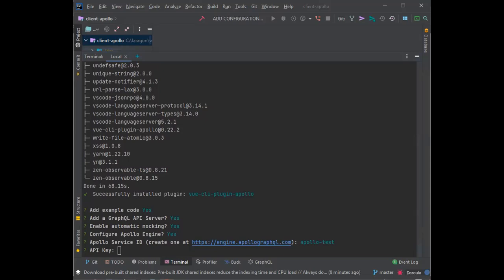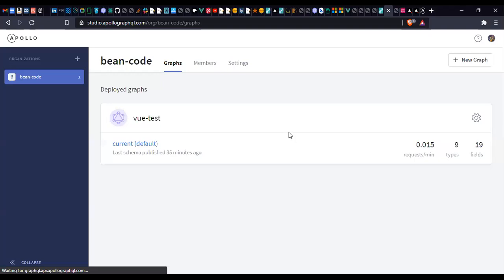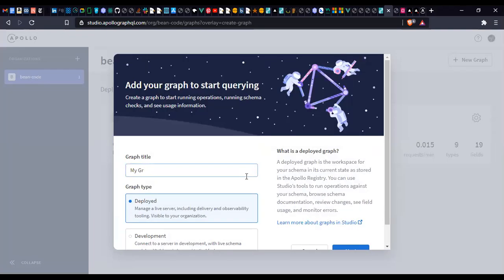So once you've created the account and you're in, you can just create a new graph and give it a name, whatever name you want. Let me just share my screen. So if I come to my home, I have an organization where I can create as many graphs as I want. So I'll create a new graph and call it